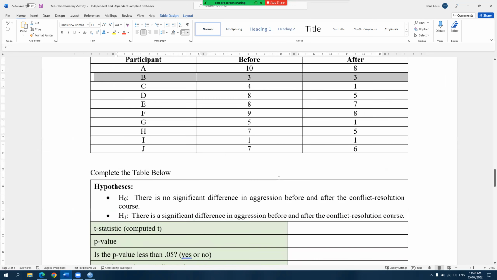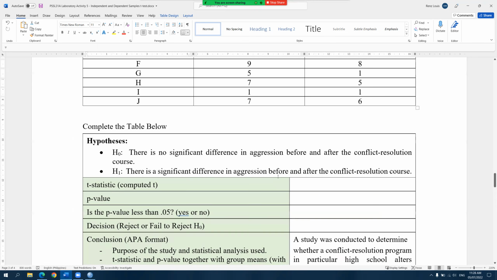I typed the hypotheses here in the table that I asked my students to complete. For the null hypothesis, there is no significant difference in aggression before and after the conflict resolution course, while for the alternative hypothesis, there is a significant difference in aggression before and after the conflict resolution course.